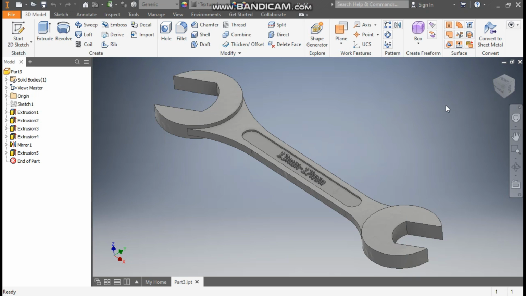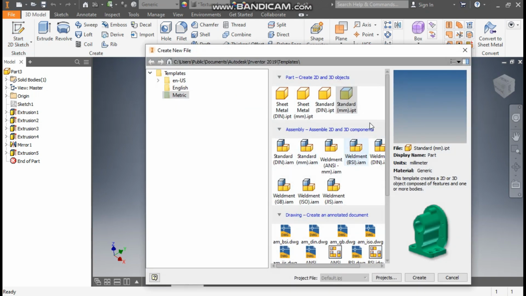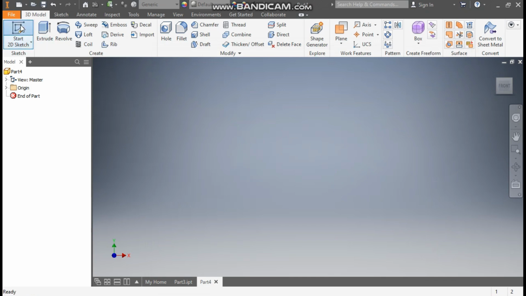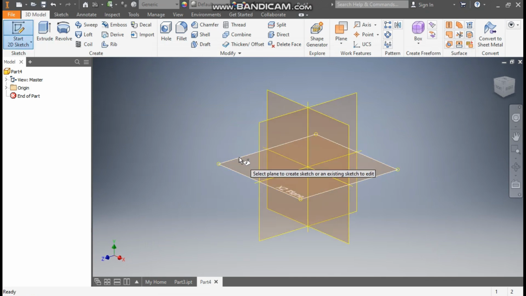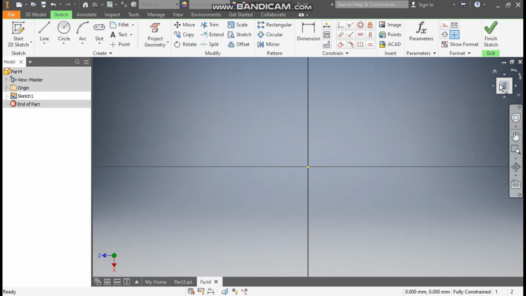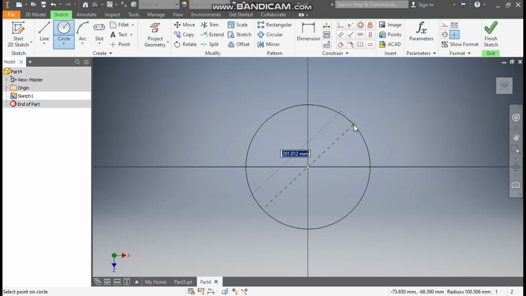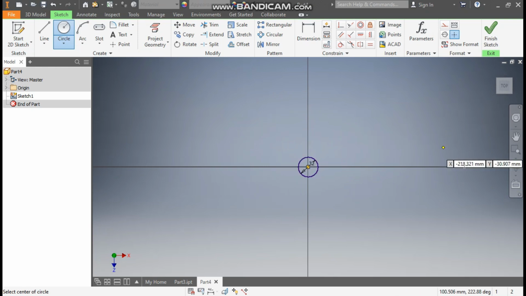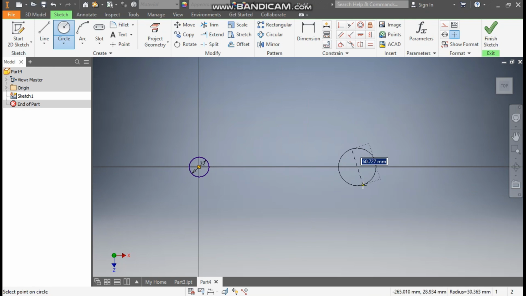Today we are going to construct a spanner wrench in Autodesk Inventor software and learn the Autodesk Inventor basic commands. So let's get started. Go to New, take a standard part in millimeter and go to Create. Take a 2D sketch. We'll select here the exit plane. This will be the top plane. Rotate. Take circle command. From the center point, make here a circle of diameter 32 and here make another circle of